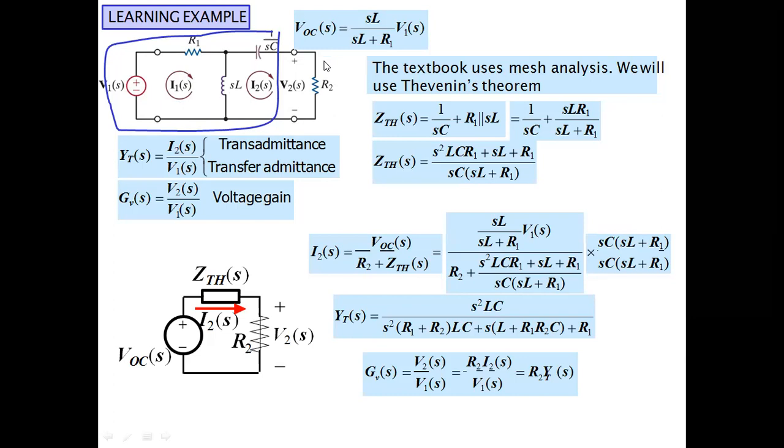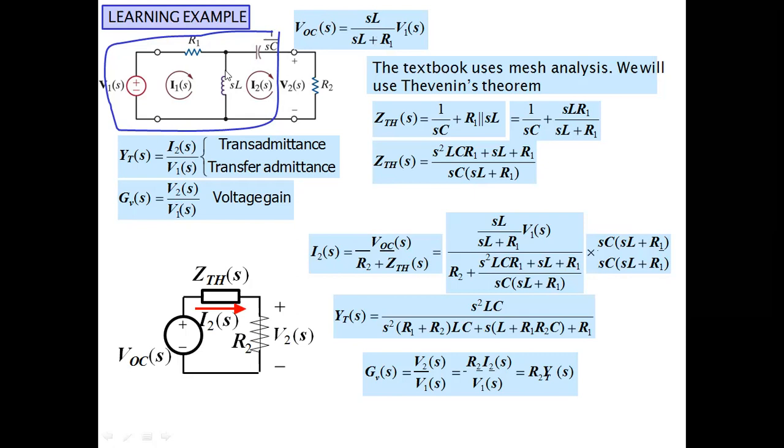How can we convert it? We convert that circuit into one voltage source and one resistance in series with that voltage source. So if we solve for VOC, how will the equation become? In the frequency domain, VOC equals SL upon SL plus R1. Because we consider this circuit as open circuit, we do not need to consider SC.